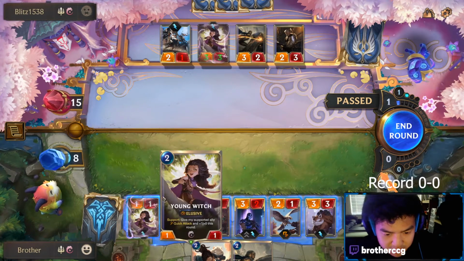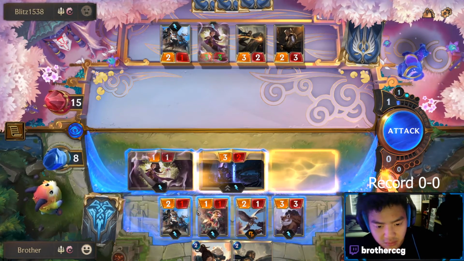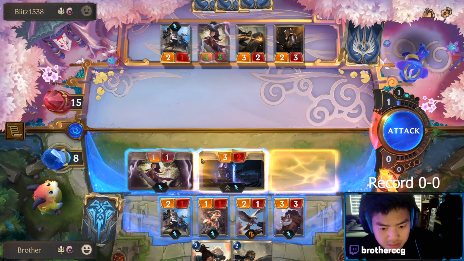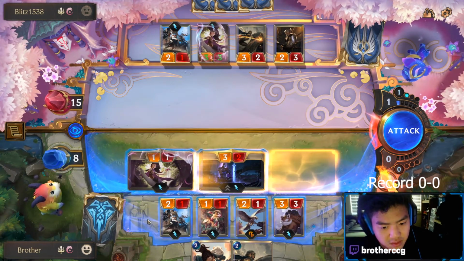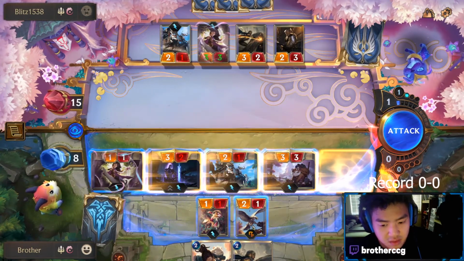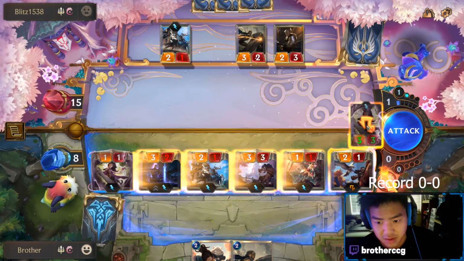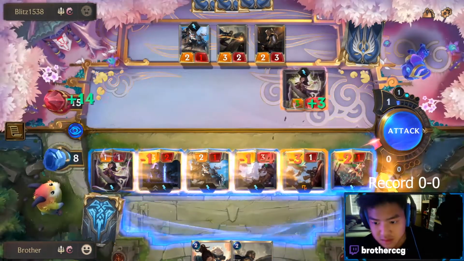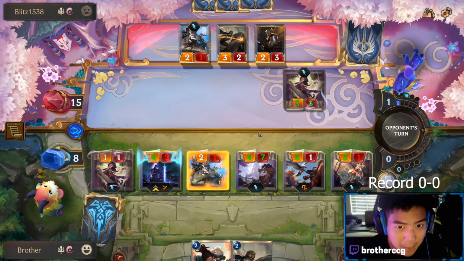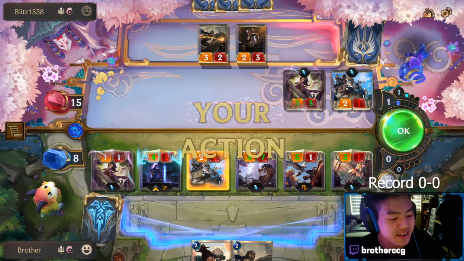Let's see. So how does this work? I think we'll do Young Witch, give Shen quick attack. Who should get barrier this turn? Who don't I want dying? Warchef barrier, giving Fuzzy Caretaker that, and then we grab that. Nature blesses her followers. Man, finding out which support units should support what is kind of a skill in this deck. Maybe it's probably the easiest skill out of any of their mechanics, but